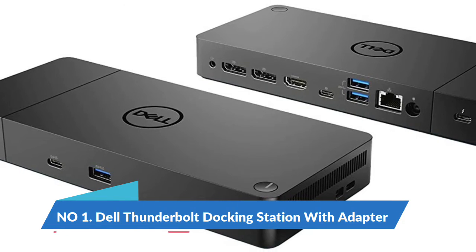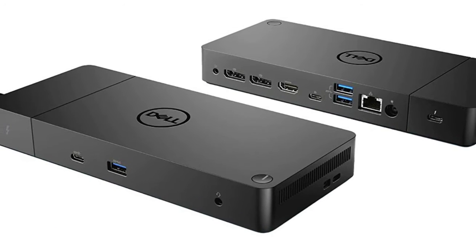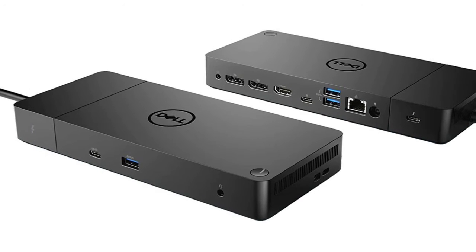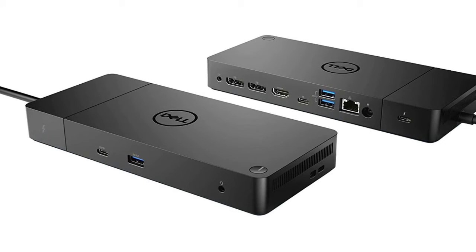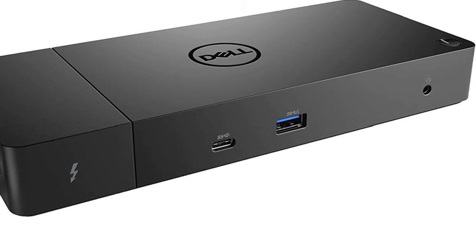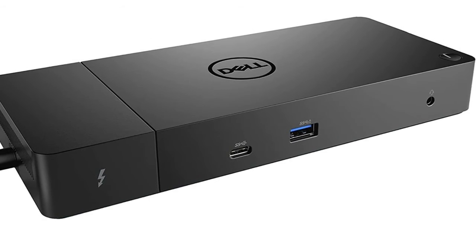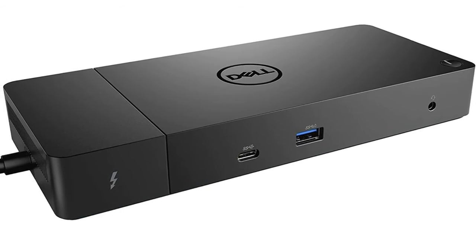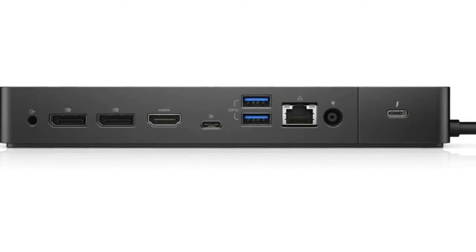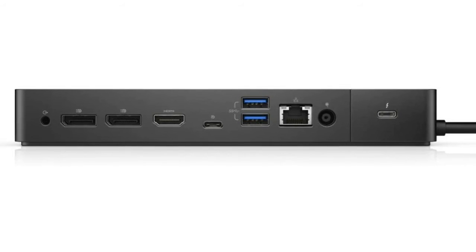Number 1. Dell Thunderbolt Docking Station with Adapter. The workstation power adapter needs to be plugged in for optimal operation. For the best experience, with precision choose the Dell Performance dock, which comes with a dual USB-C connector that provides up to 210 W power delivery. So you no longer need an additional power adapter. Boost your PC's power with Express Charge Boost on the world's most powerful and first modular Thunderbolt dock. With a future-ready design,